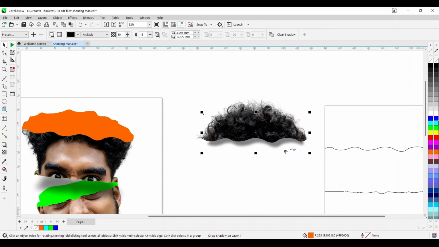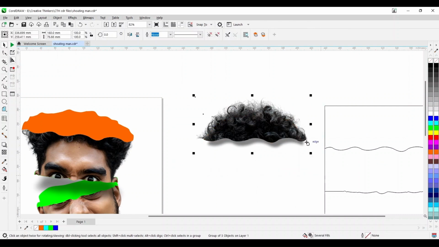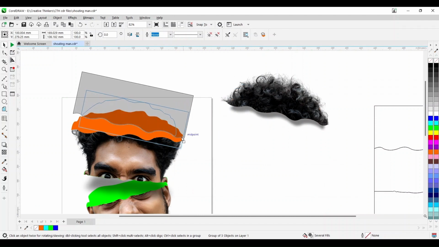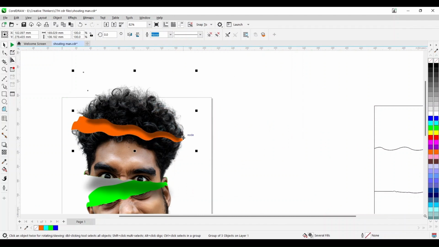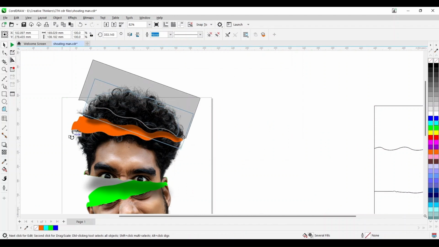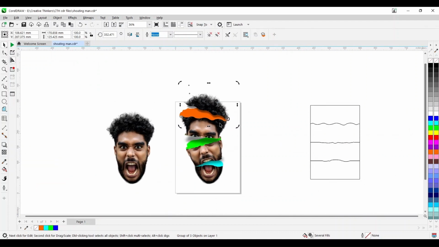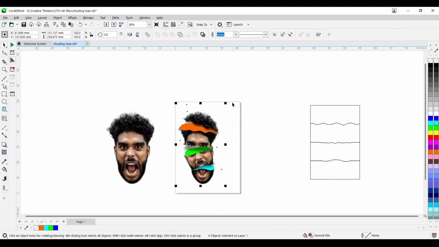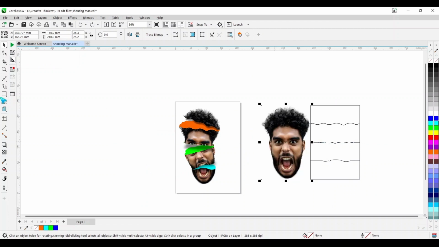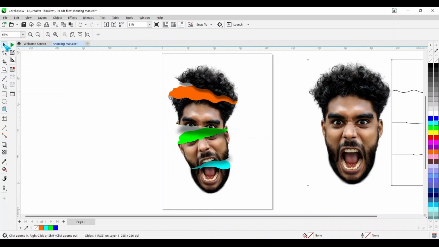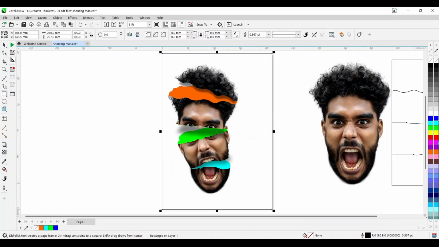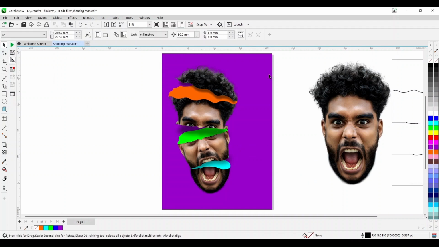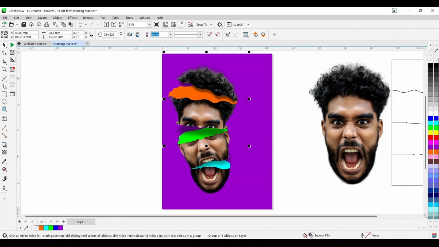Okay. Now group all of them, rotate it and keep it here. So this is how my head will look. Now, does it look mind blasting? Cool. Yeah. So this is our whole artwork that's made. And now we give it a background color and we will now start